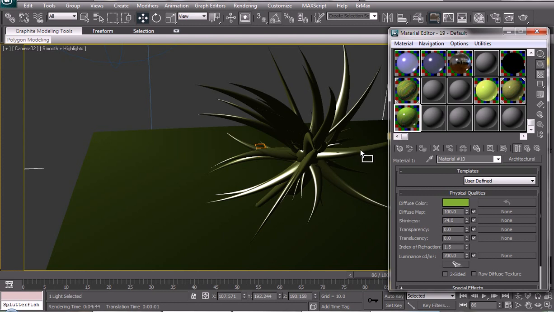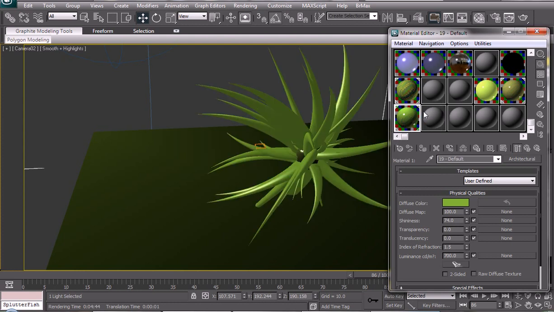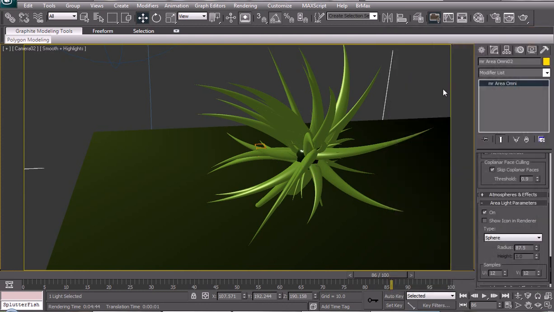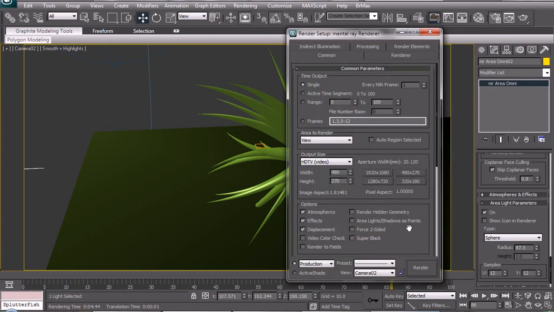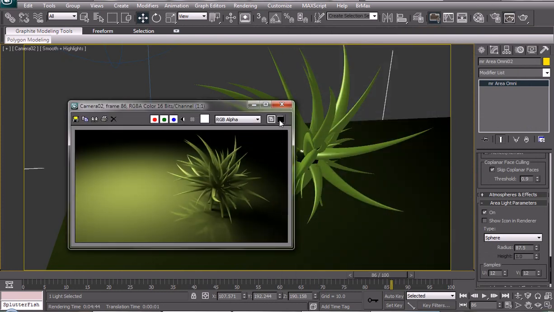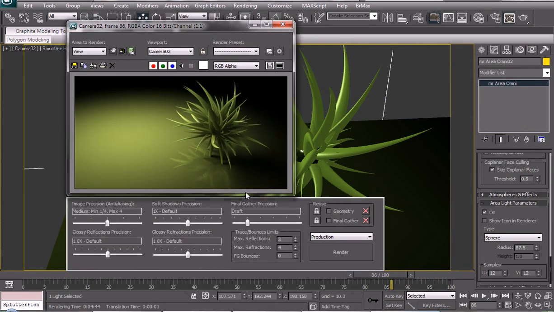Okay, put them on a particle system and put this material here on the sphere, and that's pretty much it. We're ready to render. Now my render settings will be pretty low. Draft, default, medium, whatever, 3 reflections, and so